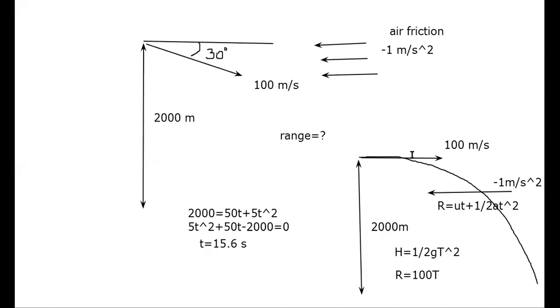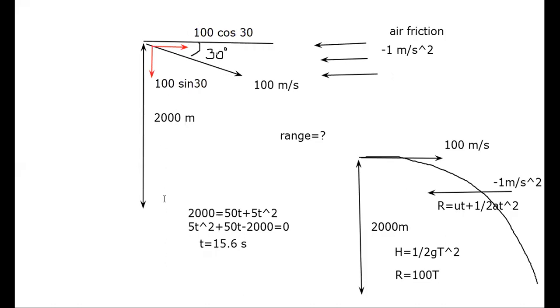So instead of going horizontal, I said that it is moving in the downward direction such that making an angle of 30° with the horizontal. Air friction is still present. So for this case, we need to just resolve it into two components as vertical and horizontal. The vertical component will be your sine component, so that will be your 100 sine 30. And the horizontal component of the speed will become your 100 cos 30.